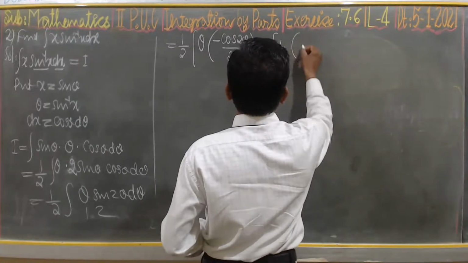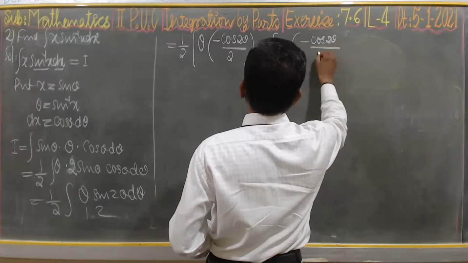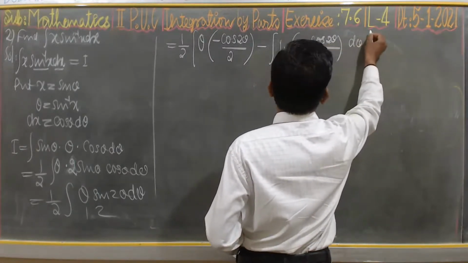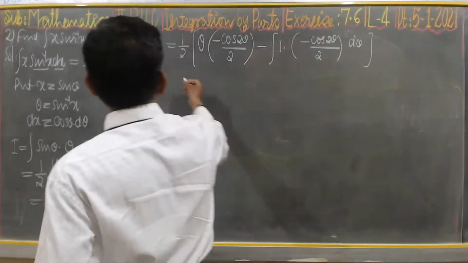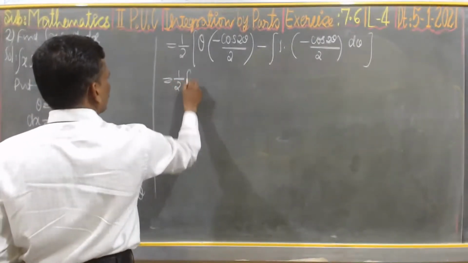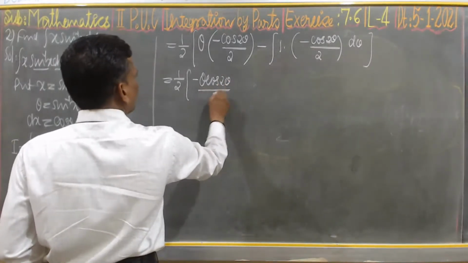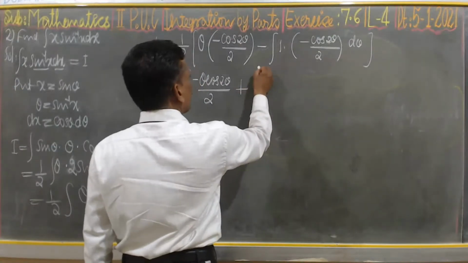And once again the integration of the second function, minus cos 2 theta divided by 2 d theta. Yes, now can I close this bracket like this? So this is equal to 1 by 2 times minus theta cos 2 theta divided by 2. Yes, minus of minus plus of